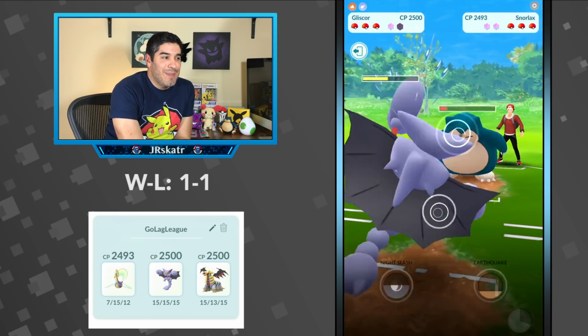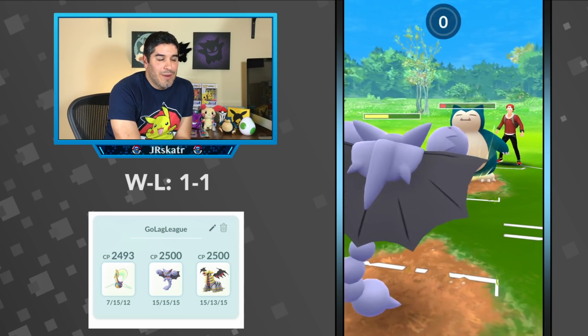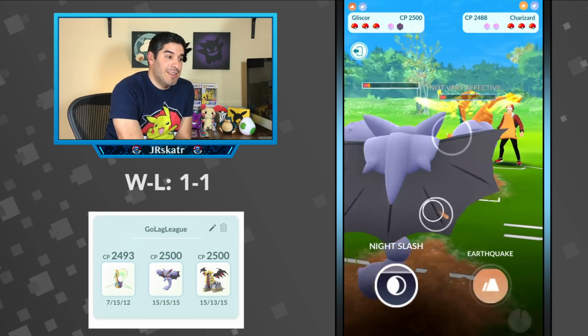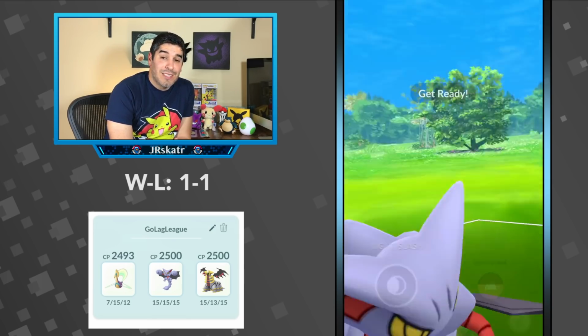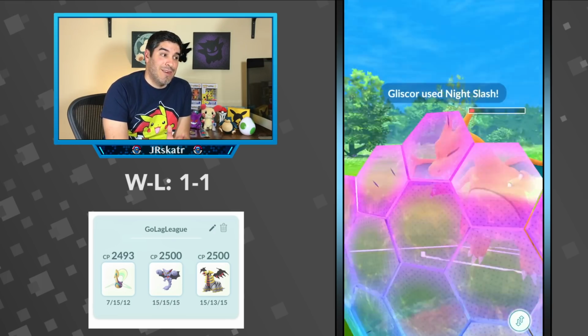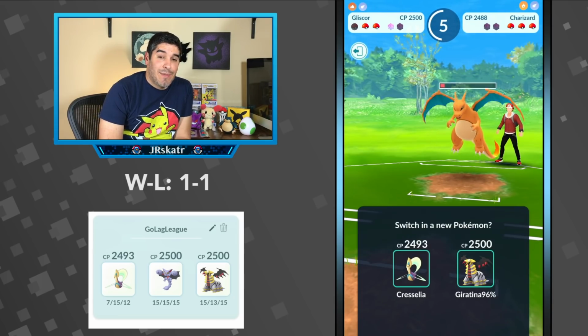Yeah, and so now I'm like, okay, it's pretty low. I'm going to try to farm it, but I don't know if I'm going to be able to, so let's see what happens. Oh, then they switch. So now I can definitely throw a Night Slash, get rid of this Charizard. Definitely don't want to mess around trying to farm it. They burn a shield, and so that was probably a mistake on their part because I had enough energy for another one. They're forced to burn both shields, and yeah, I think that might have been a little risky on their part